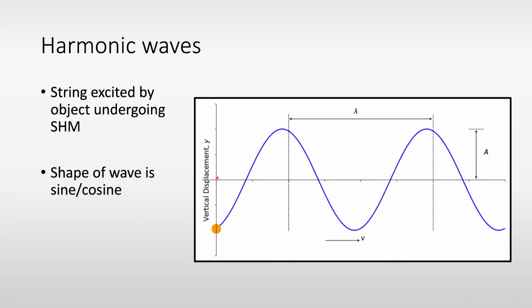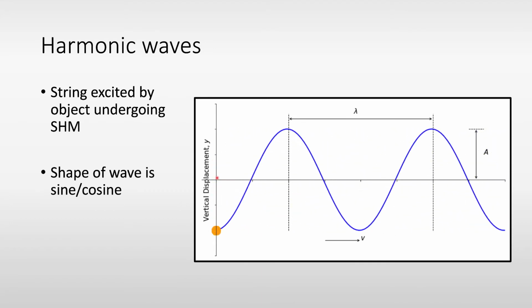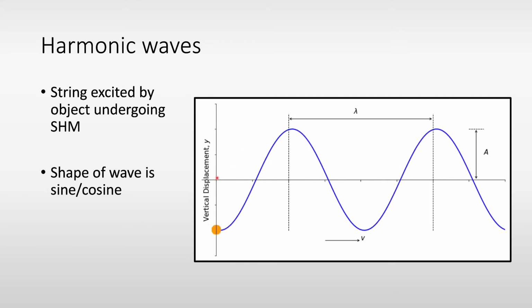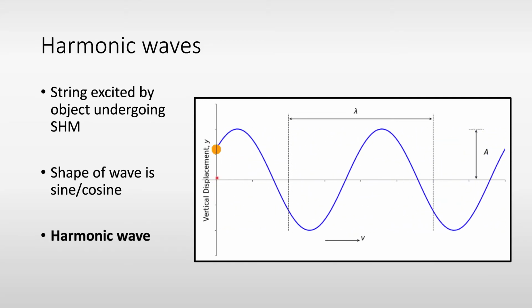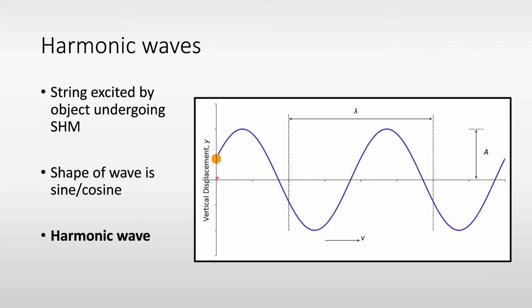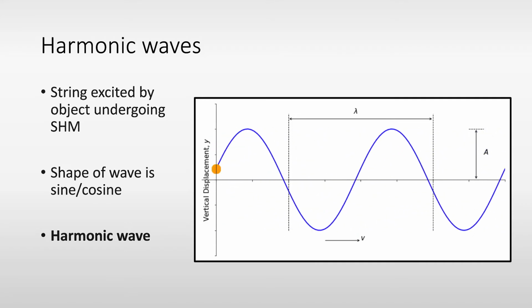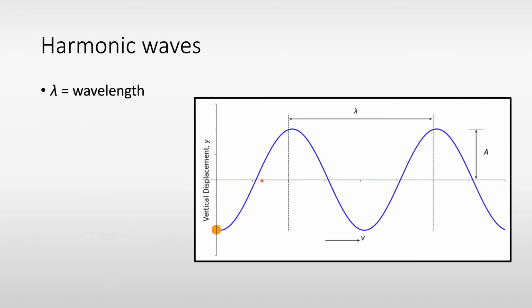The shape of the wave is a sine or cosine wave, and it has defined features such as its wavelength, its amplitude, and so on. We call this a harmonic wave because it is stimulated by simple harmonic motion, and we can consider every point on the string to be undergoing transverse simple harmonic motion in the case of this transverse wave we are showing. The defined features that we can determine are the wavelength, which is the spatial repeat distance